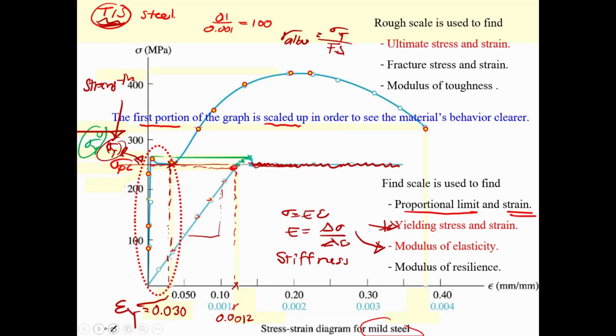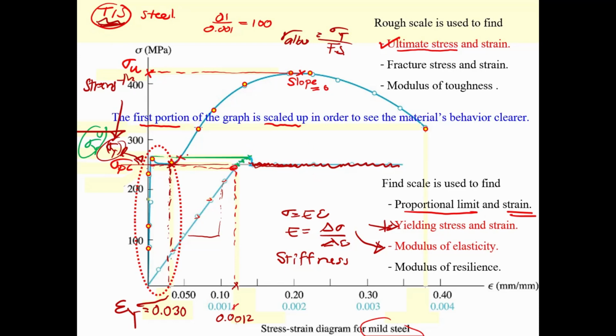Then coming to the third point, which is also specified in the TIS, is going to be the ultimate stress. At the ultimate stress, it is important that the slope equals 0 because ultimate is the maximum. The maximum occurs when the slope is 0. You determine the point, then you get this to be sigma sub u.